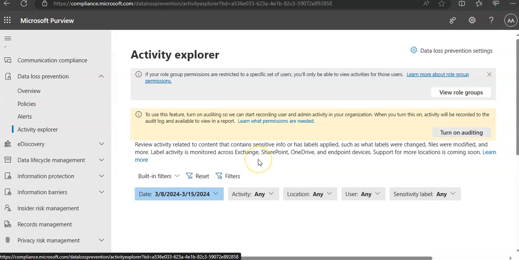If the auditing is not turned on, please turn on the auditing from the portal. You can do it through PowerShell as well. And to access the DLP report, you can also use PowerShell and the security and compliance PowerShell modules. You can connect it through Connect-IPPSSession and use the Export-ActivityExplorerData cmdlet to export activities from data